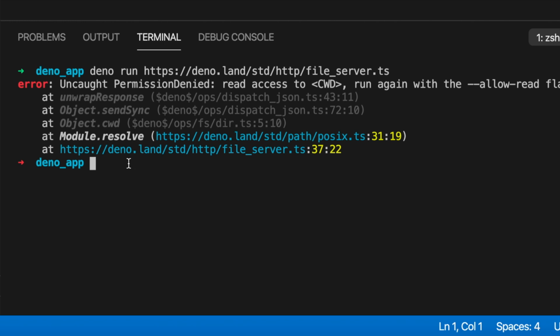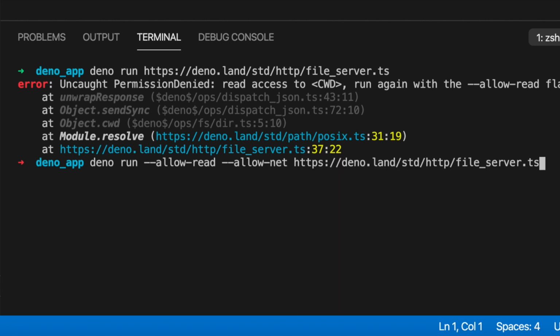So let's say deno run --allow-read --allow-net and then the path of that file. What it says is, give me the read access and give me the network access, then press